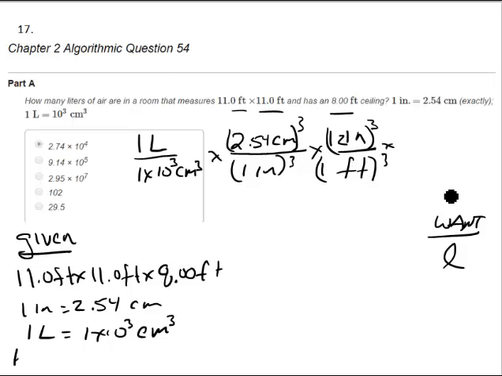When I actually do that volume, that is 968 cubic feet. So that cancels those units, right? That cancels, and then that cancels. And my answer is going to be left in my liters that I need, and it's just an arithmetic problem. So you work that